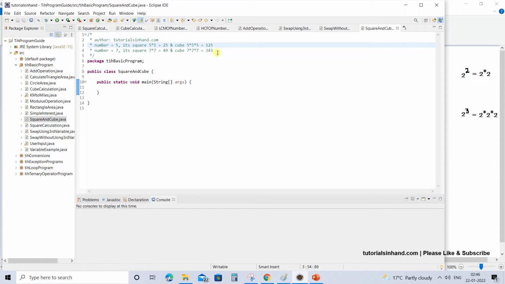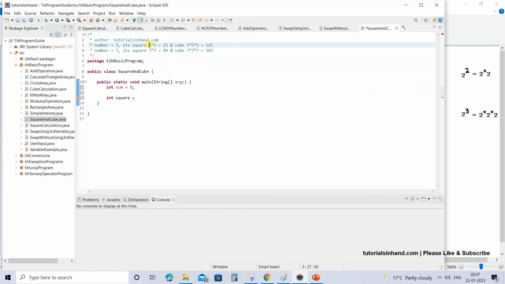Similarly, you can see for the 7, and if you want to just revise, you can see that square is written as a power on the number for which the square needs to be calculated. And if it is a cube, then if we want to find the cube of 2, that means 2 will be at the base and 3 will be the power, and it indicates that we want to print the cube. That means 2 into 2 into 2. Similarly, for 7 cube, we will have 7 into 7 into 7. So that's enough of the mathematics. I expect that you should be knowing these things.